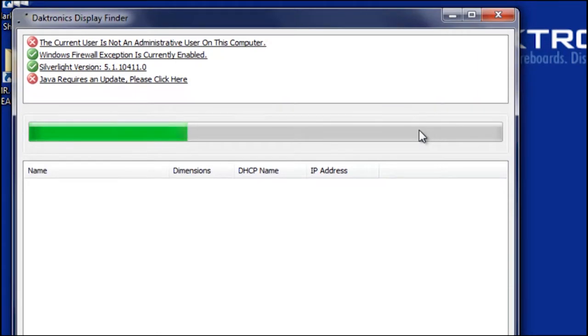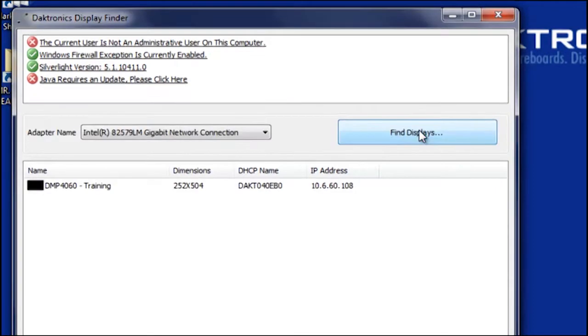Daktronics Display Finder will begin going out and discovering any displays or players that I have connected to my computer, or at least that are on the same network. In the name field here, this will be a default setting from manufacturing once that player is configured. This one has been changed for training reasons. It shows the dimensions of the display, the default DHCP name, and the IP address being assigned to it by the